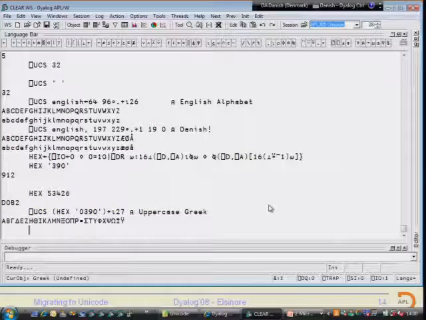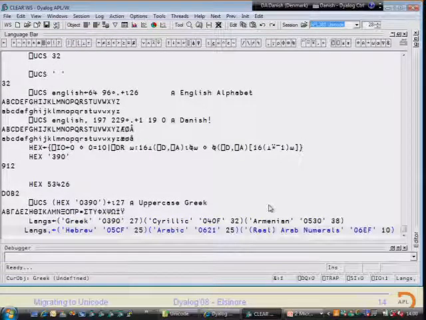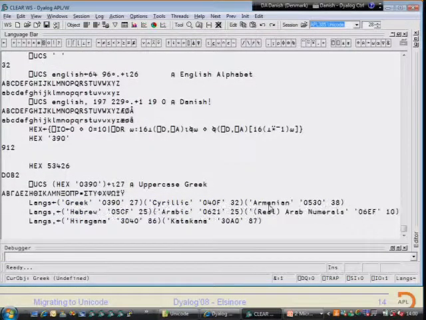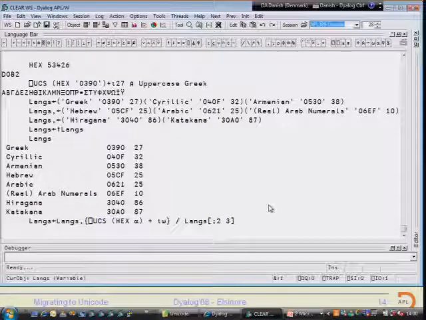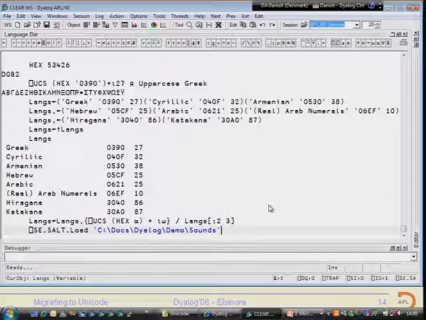So if we've looked up Greek on the internet and figured out it starts at 0390 hex, then there they are. So let's make a little array of languages that we'd like to see. Okay, so I added as another column the hex of the left argument plus iota of the right argument, reduction of the second and third columns. So that extracted that piece of Unicode and added it as the fourth column there.